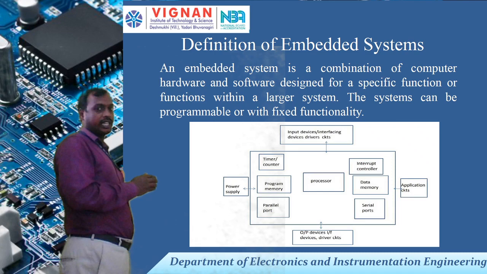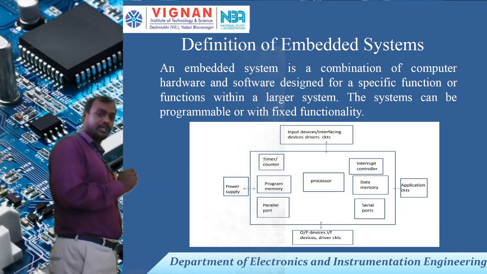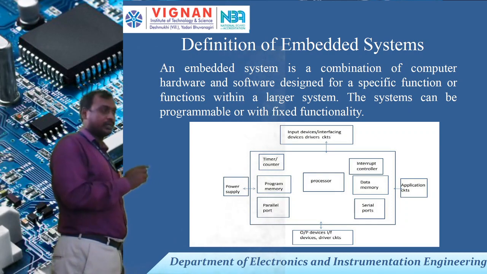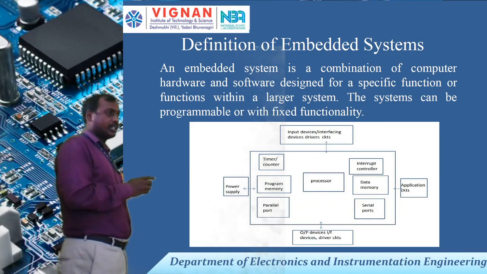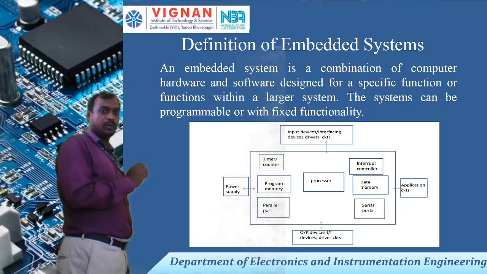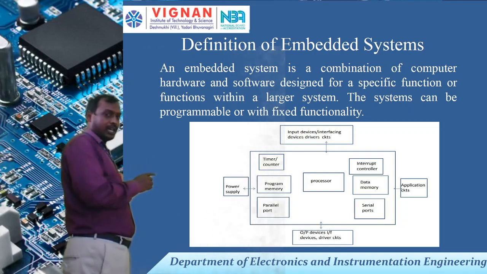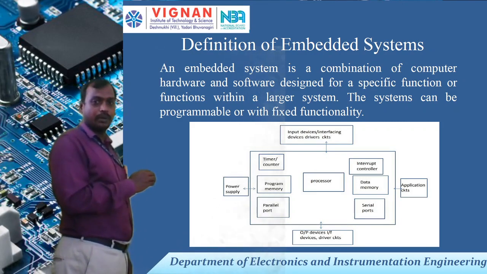Whenever you are taking the serial ports, serial port means in port 3, port 3.4 and port 3.5 are for serial communication. In that we are using the SMOD and SCON registers. With the help of those registers, we can communicate with other devices, or if you are interfacing with a system, I can select the baud rate as 9600. Whatever commands I give, that application will run. Suppose I need to switch on the motor, I press 1, then the motor will be on. Suppose I need to give the buzzer, pressing 2 will give the buzzer. Like that we can implement the application.